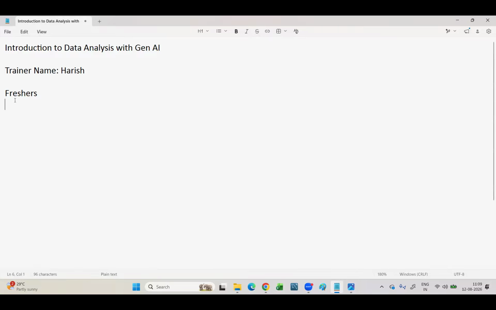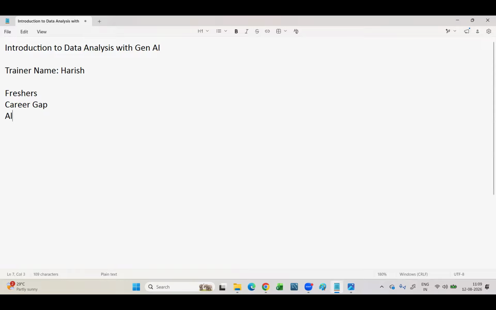Next category of students are people who are having some career gap. Maybe the students here, you might have completed the graduation some 5 years back, or 10 years back, or even 15 years back. Still, the opportunities are available for the students with career gap in this data analysis. Main thing, because why I'm saying is the skill set matters in the IT industry, so not the gap. So if you learn the better skill set, if you have the better knowledge, then you will get the job. So that's the reason even the career gap students are also eligible to learn this data analysis course.